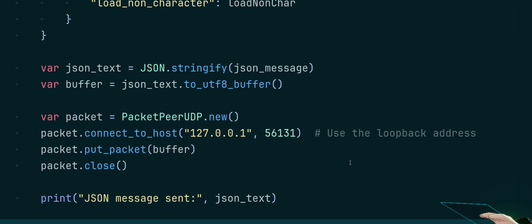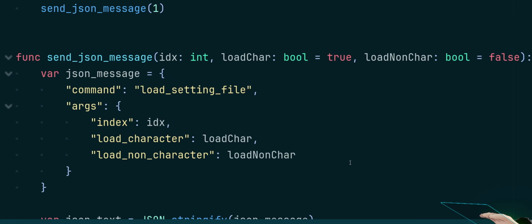All right, so that's perfectly fine. It works. Everything's great. Now for the actual messaging portion,